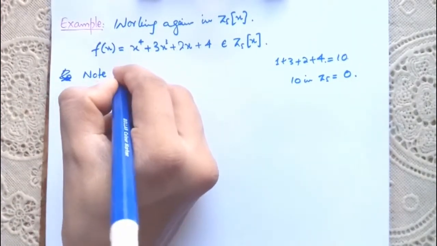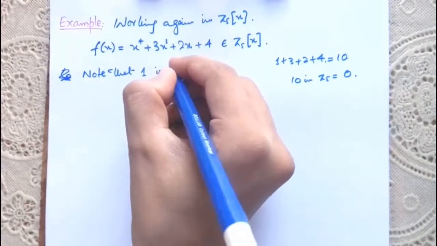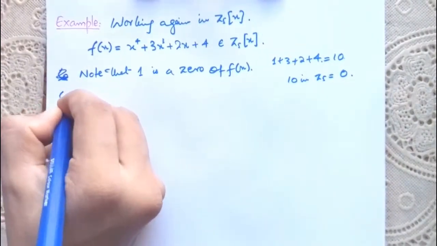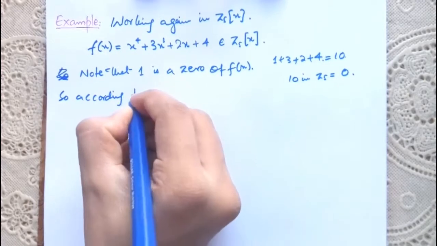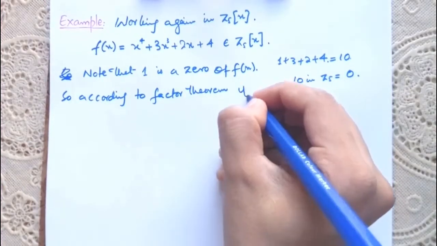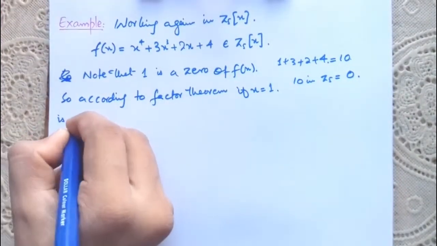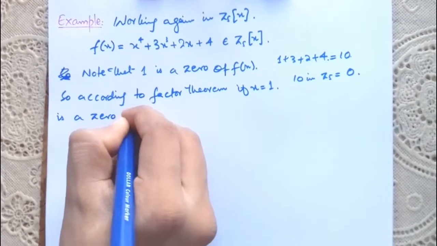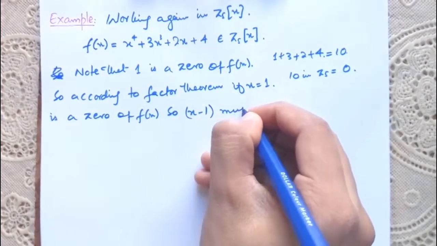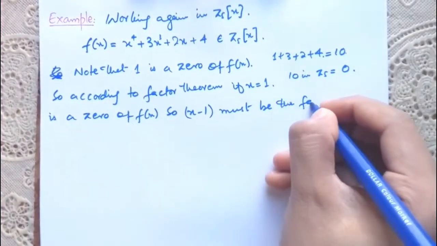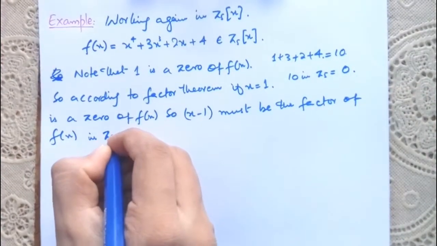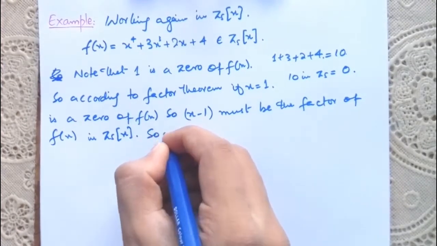Note that 1 is a 0 of f(x), so according to the factor theorem, if x = 1 is a 0 of f(x), then x - 1 must be a factor of f(x) in Z5[x]. So by the division algorithm,